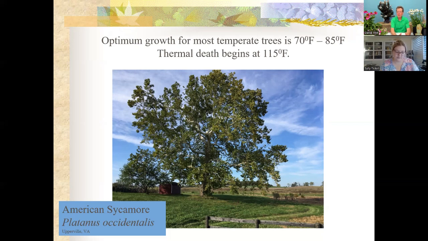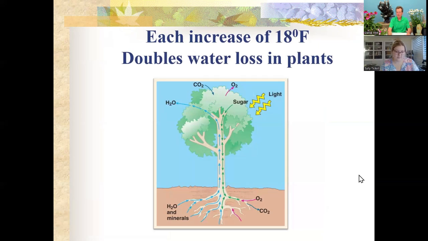And when we start looking at temperatures reaching about 115 degrees, that's really starting to push them beyond those limits. And we start seeing where it actually injures the plants, and we start seeing leaves die, and if that doesn't correct itself, eventually seeing plants die. So just imagine what happens under those heat dome conditions, when you have day after day after day of these 90 to 100 degree days. Your plants are definitely stressing out. You may not visibly see the symptoms, but that's what's happening to them.